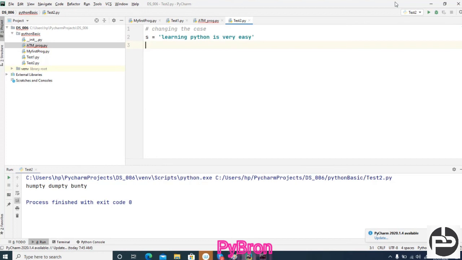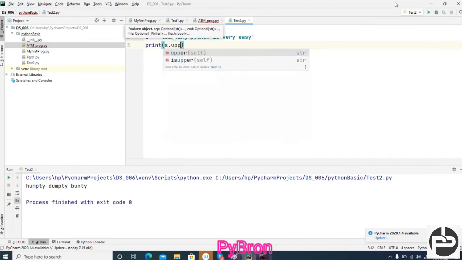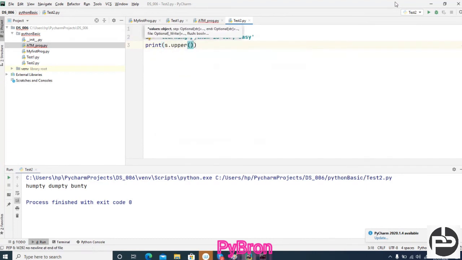Then we can do it: print s.upper(). It will convert the complete string into upper case.